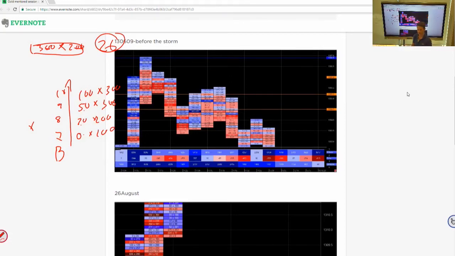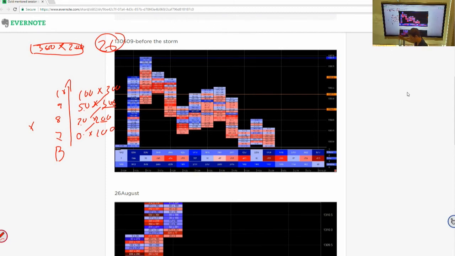All right, the imbalance is nothing more than the difference between what the buyer is doing and what the seller is doing. Okay, so you can see here, the difference on every price is that a buyer buys 200 and the seller sells nothing. On this price, a buyer buys 300 and the seller sells 20. On this price, a buyer buys 300 and the seller sells 50. Okay, so it creates an imbalance. So that's all you've got to think of it.